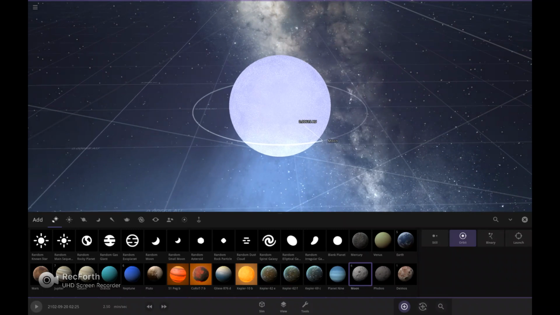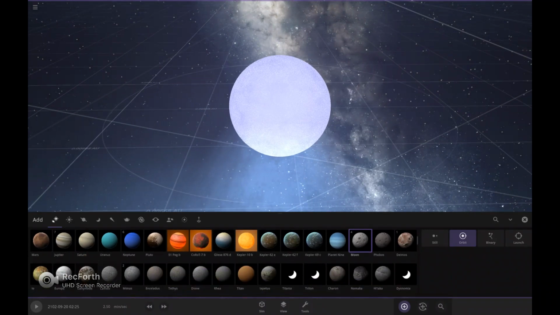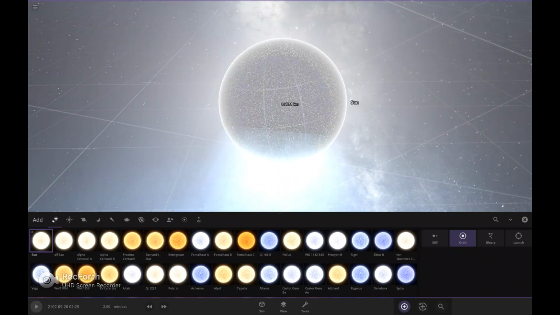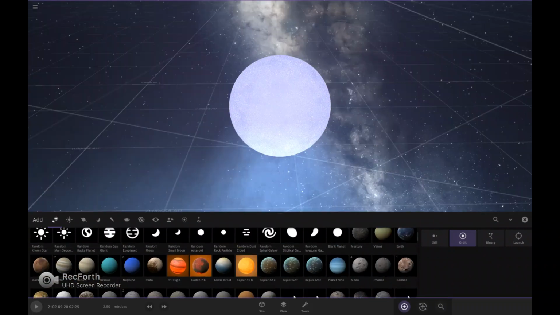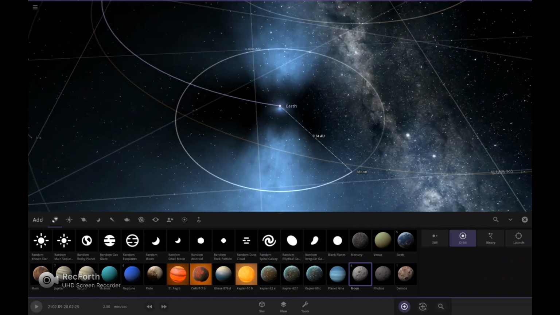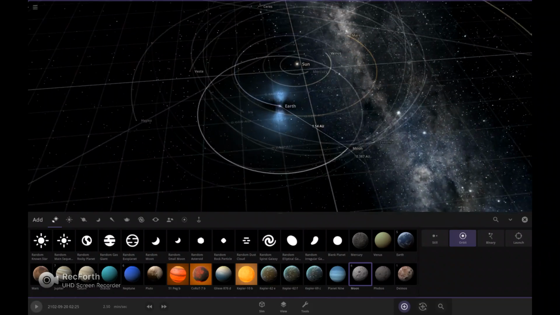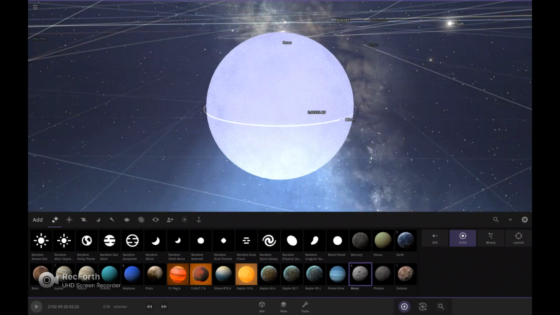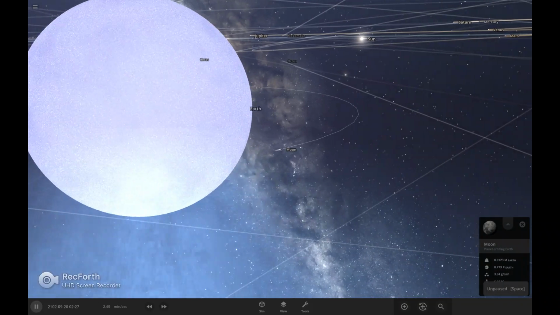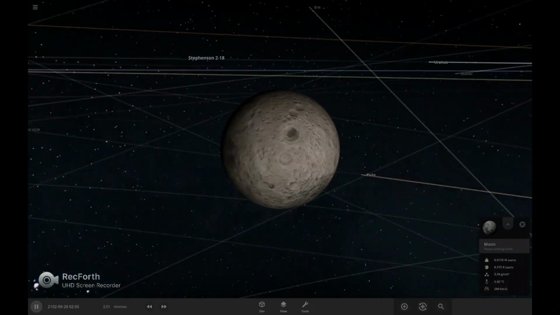Guys, let's add the moon. Say the moon is like a dwarf now. How big is it? So let's bring out Ganymede, the biggest moon. Oh, is it bigger than the sun? No. If we do the moon as far as it... Okay, the moon's probably about this far, but to the Earth then.